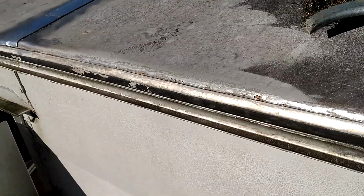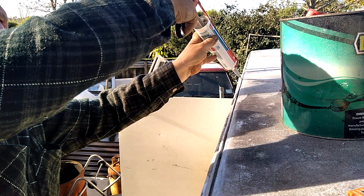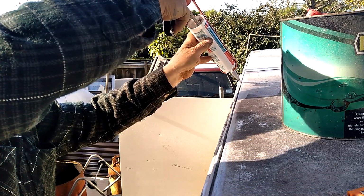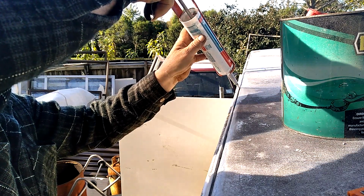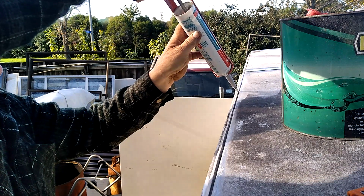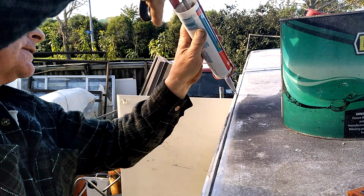I'm just going to put a really, really good quality compatible sealant over it. Here in New Zealand, CRC Industries is the name of the company that distributes the ADOS range of adhesives and sealants, and they've got a helpline. Now, I contacted them and we had a few emails either way between myself and a really, really helpful guy from CRC, and he recommended this one, Galv Seal. Galv Seal's not generally available anymore. It's only available by special order. So he sent me a couple of tubes,